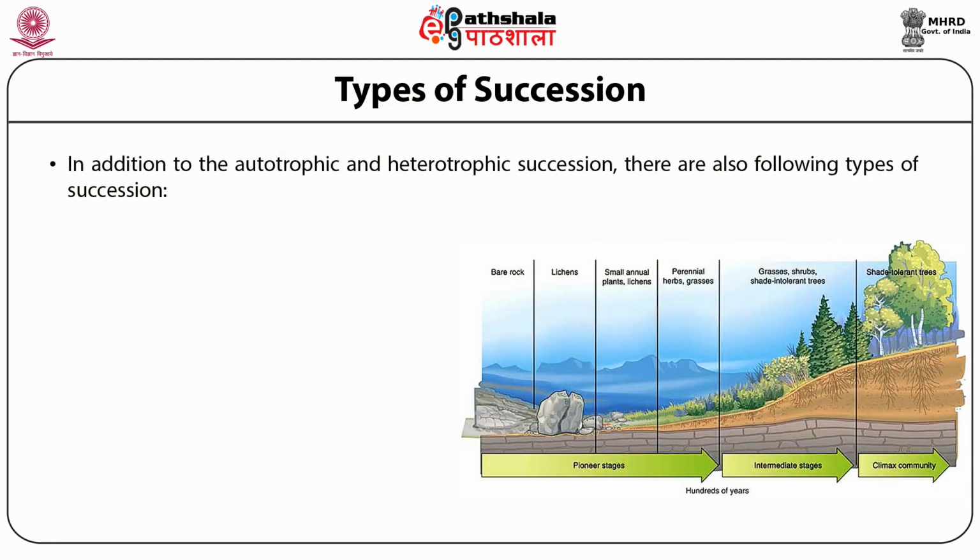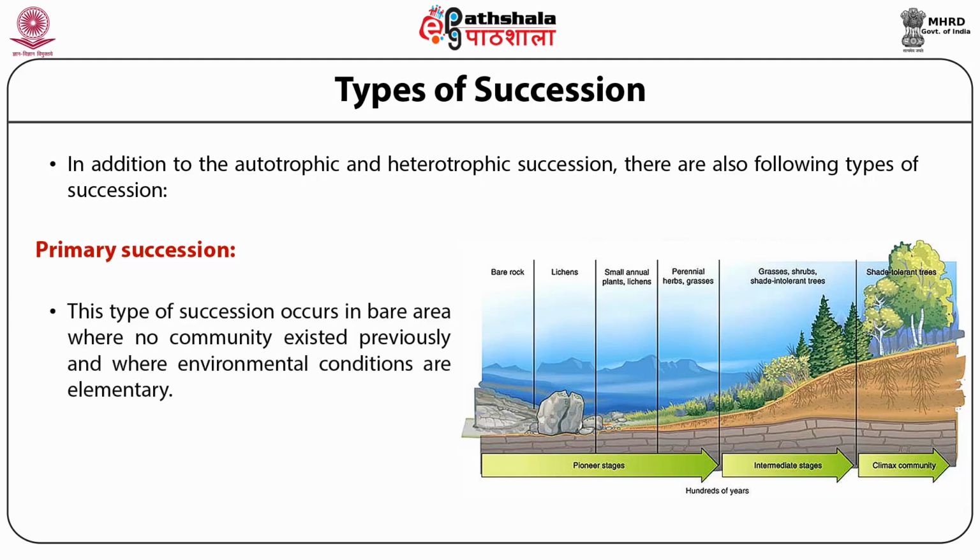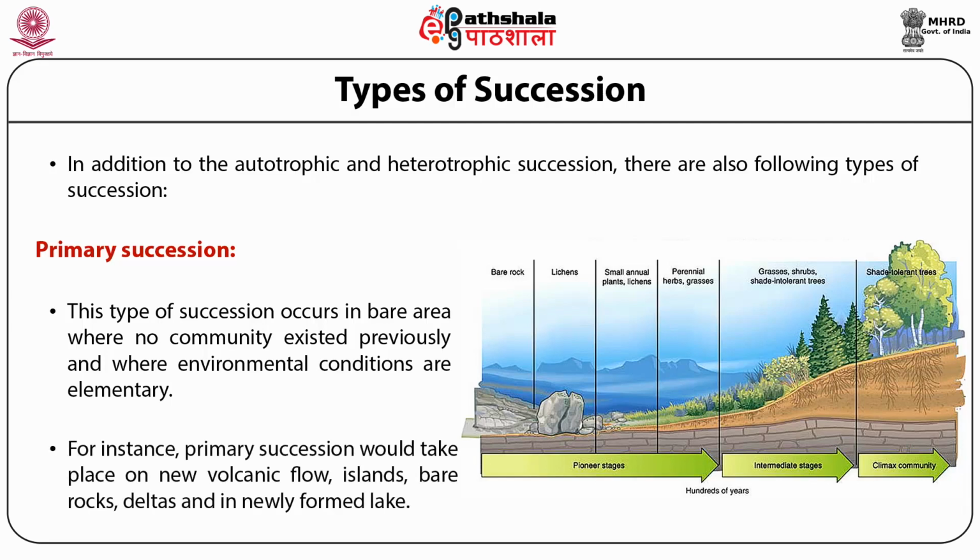In addition to the autotrophic and heterotrophic succession, there are also the following types of succession. First is primary succession. This type of succession occurs in a bare area where no community existed previously and where environmental conditions are elementary. For instance, primary succession would take place on a new volcanic flow, bare rocks, deltas, and in a newly formed lake. In primary succession on a terrestrial site, the new site is first colonized by a few pioneer species that